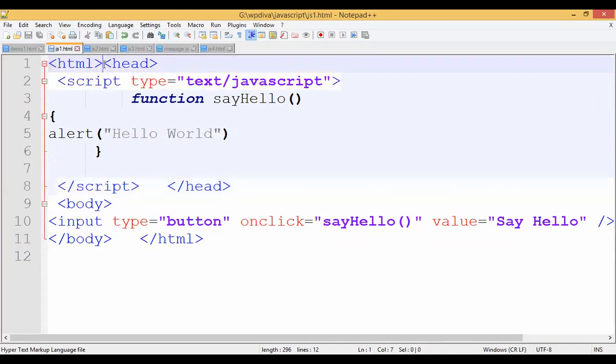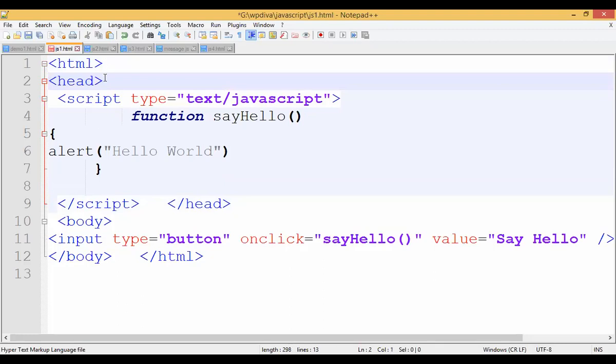So what I'm doing, I'm first writing an HTML and then I am just including that script in the header tag. This is the first way of writing the JavaScript. How do you write that? Including it within the header tag. This is the first form of writing the JavaScript, where I'm including my JavaScript inside the